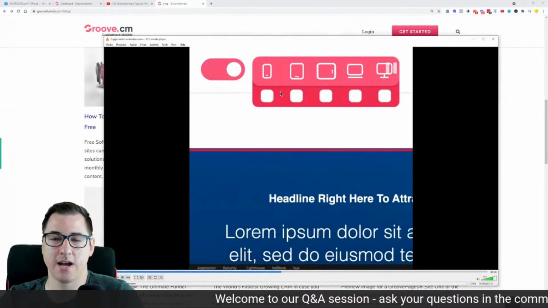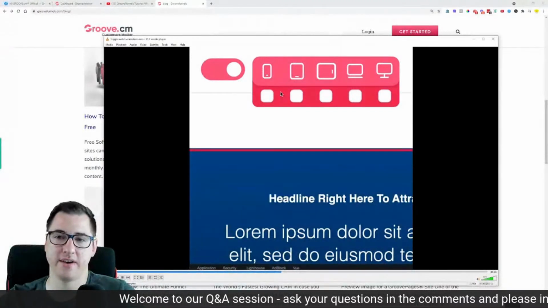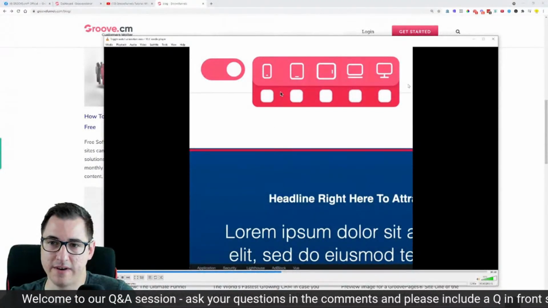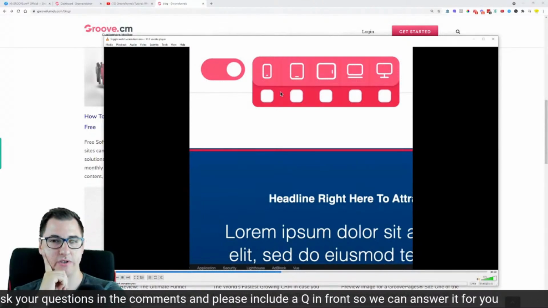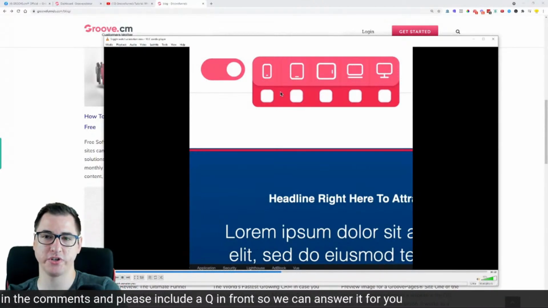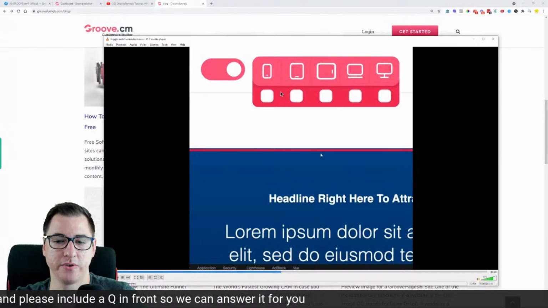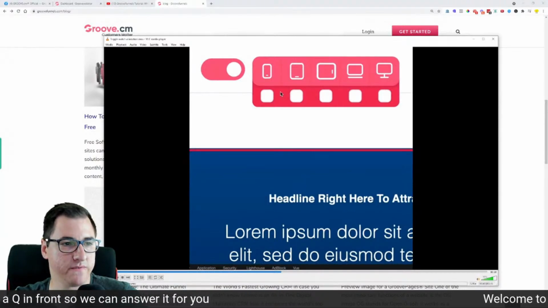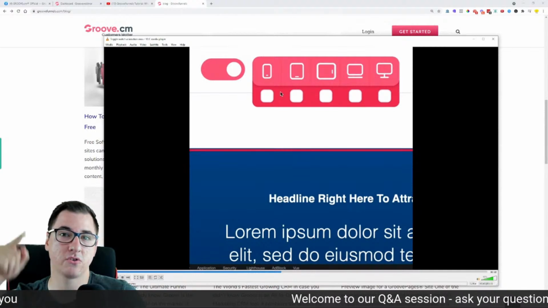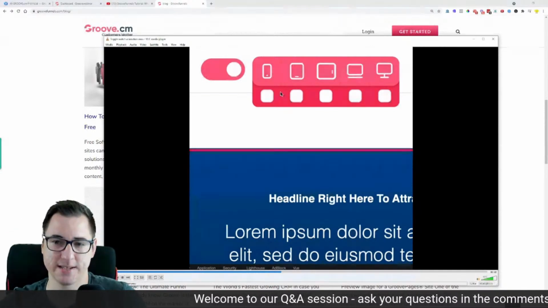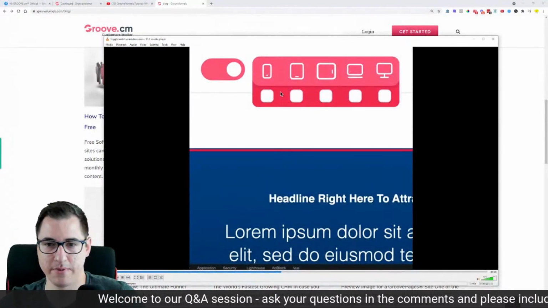So it's actually either you design only specific devices or all devices. I think this has changed as well since then, because we added more functionality on top of what I'm showing you here. I just don't have the video of that one. So it's not going to look exactly like this. It's going to look very similar, but we extended on this functionality a little bit. But that's the gist of it.